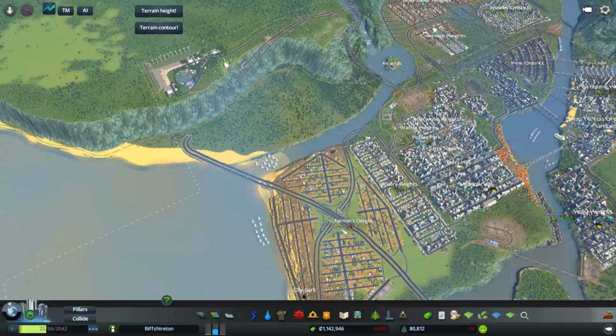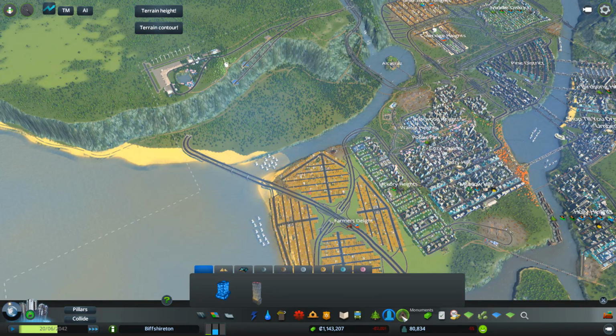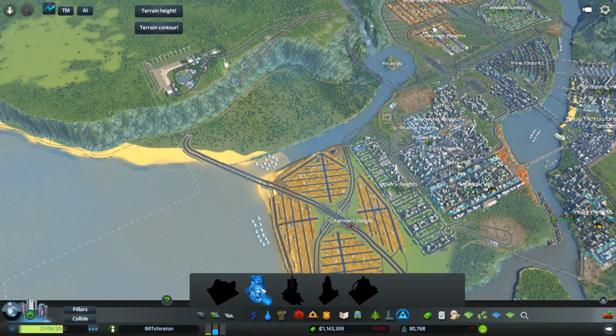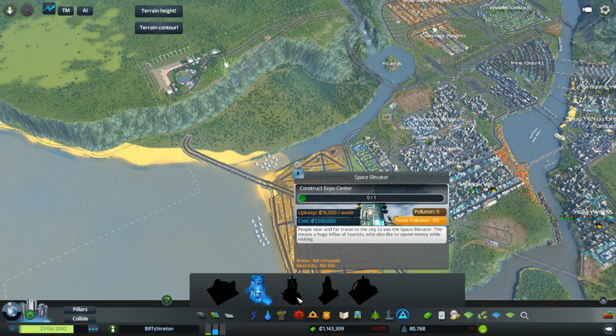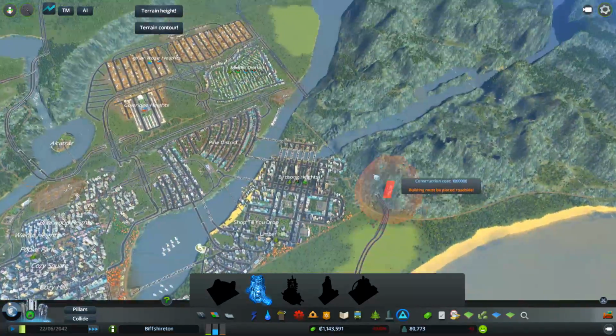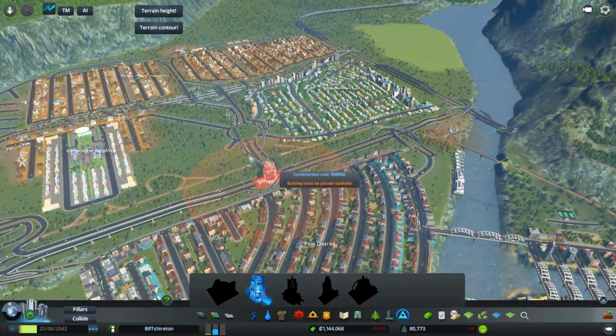But what we do have the money for, you may have noticed, is, as we pop onto here, we can build the fusion power plant. Has some noise pollution, costs $1 million, but will power our entire city, I believe. We could just get rid of all sorts of other stuff. What's this one here? The space elevator. Yeah, we'll work our way through those. So the fusion power plant could go...